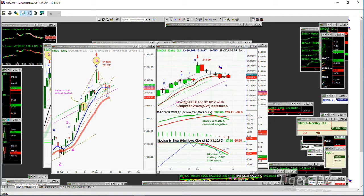The more work I do on this, the more I'm beginning to think too many people are thinking that there's limited downside. There could be limited downside. I'm not going to get too excited until the Dow takes out 20,700 to 20,670 support. If it does that, that's going to be a big negative in the technicals as well as in the methodology